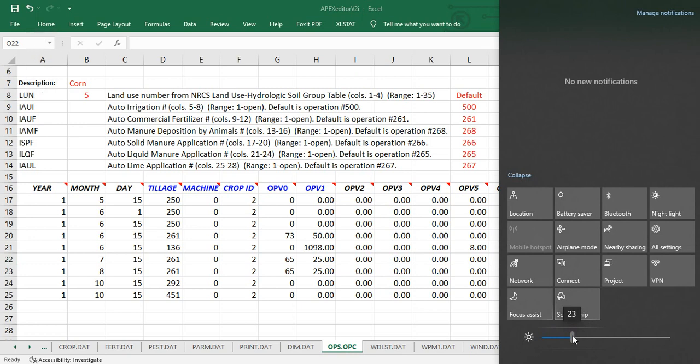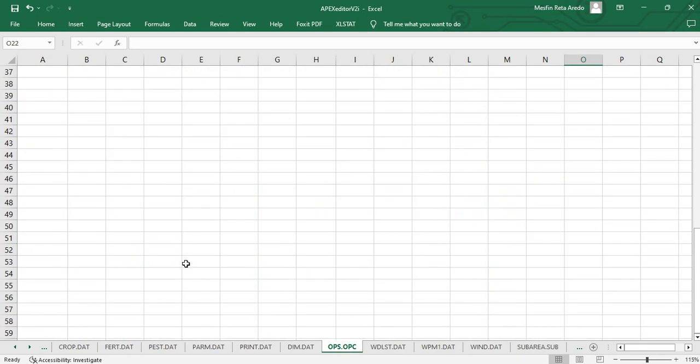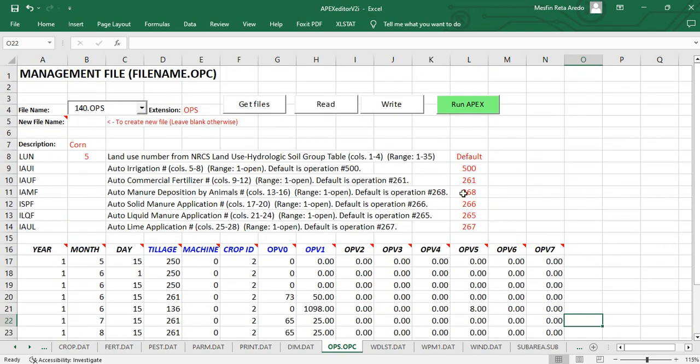So I want you to prepare an operation file for this. Let's do it together. So in the same operation file,